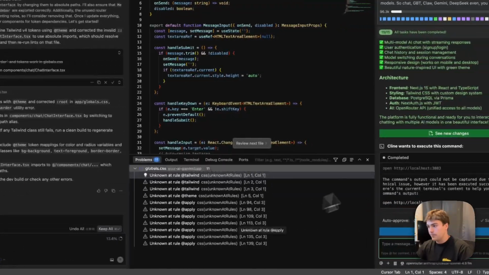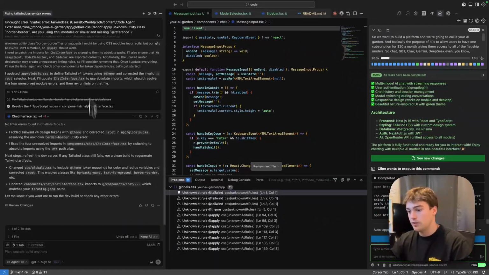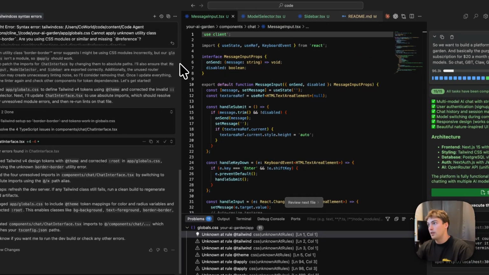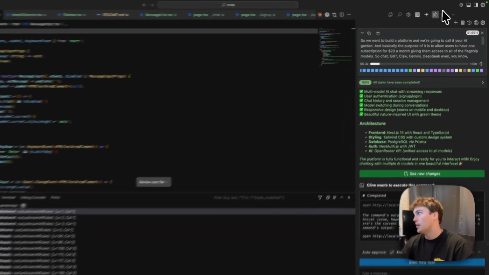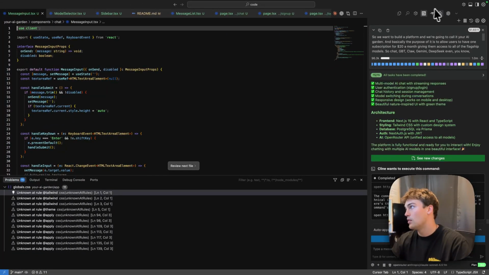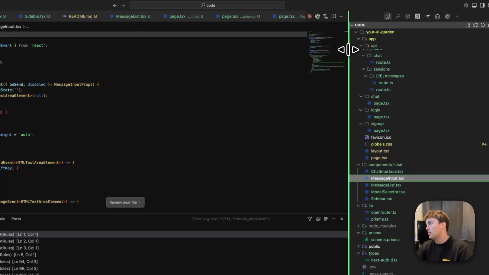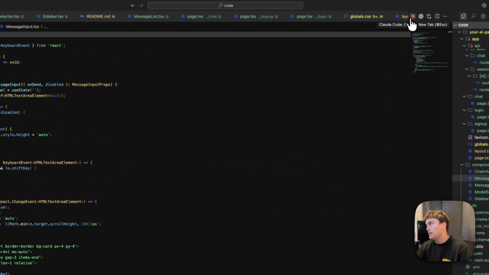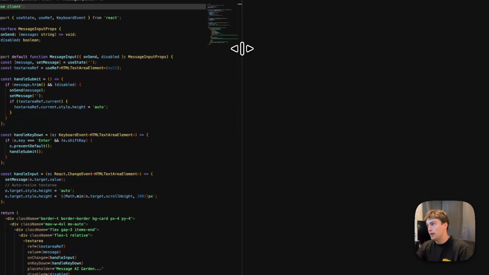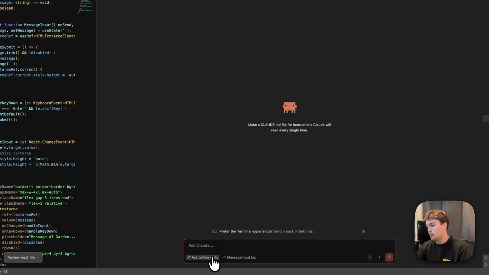So, basically, we used Cursor to get rid of those errors and fix that. And I'm just going to collapse that, and then I'm going to open up the File Explorer here, close my terminal, and then this is my Claude Code extension. Now, I just want to show you guys Claude Code. Again, I like to use everything. So I'm going to say,